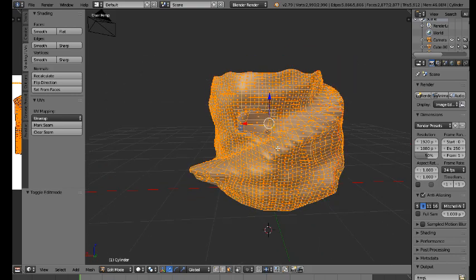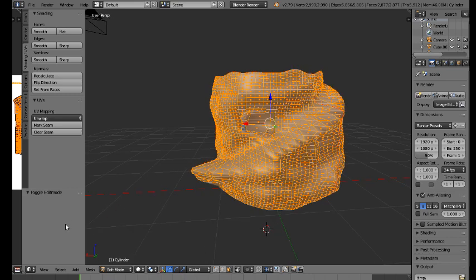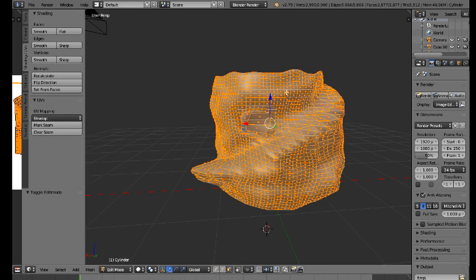But first, what do we need to do to make it look real? And texture and stuff. Because if you just exported this out like this and tried to slap a texture on it, it'd look like crap. Alright? So what we want to do